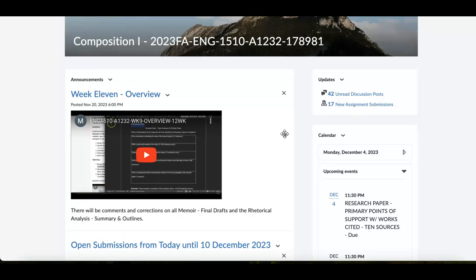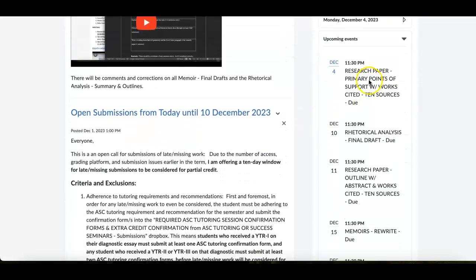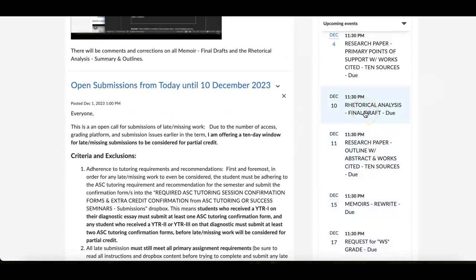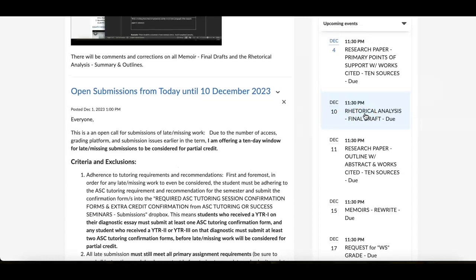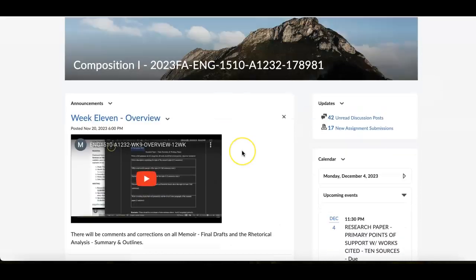A couple of quick housekeeping things from the prior week. First off, just make sure that you are following the dates as posted over on this right hand side. I did make some adjustments, including rhetorical analysis final drafts. I do believe everyone's summary and outline posted, though I know a couple of you are still working on those. Remember, for the rough draft, you're just getting the grade on the submission. If you did the peer-reviewed discussion board, that was your feedback on the drafting portion.